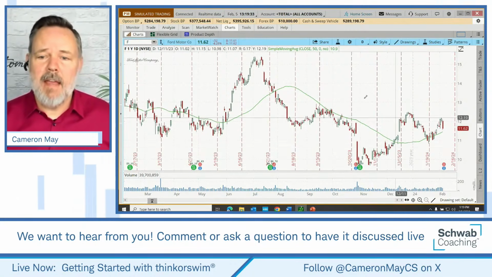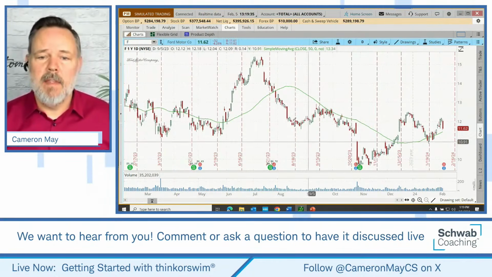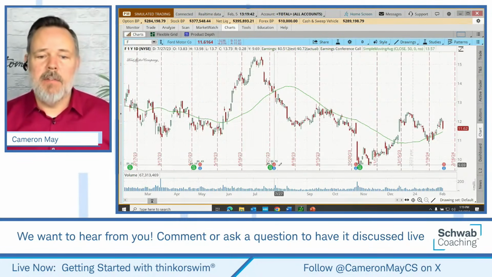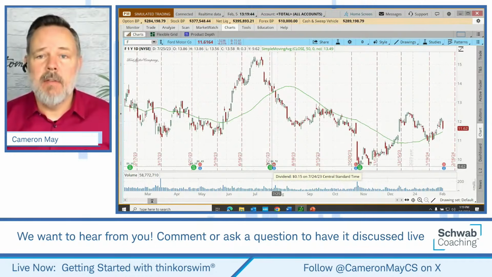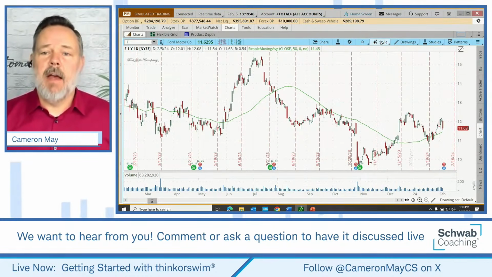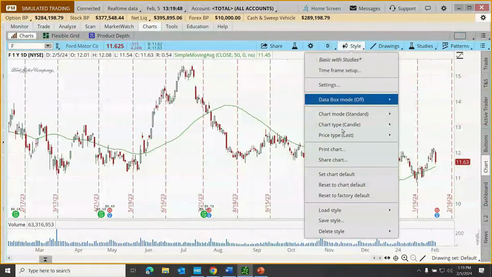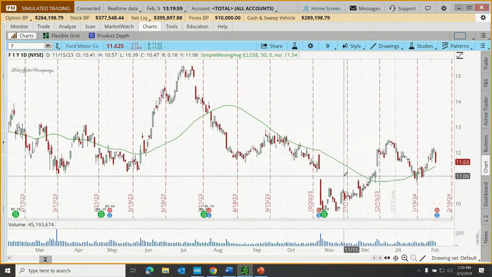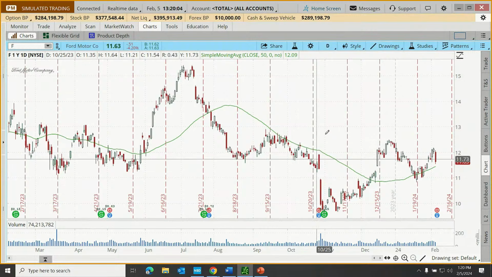Let's say that I want to save this chart style. Let's say it's going to be a 1-year chart with volume applied, with candles, and with all those little things that we changed. Okay. To save that, I can go up to Style and save that style. So how about we call this one Basic with volume. Let's click Save. And then the next time, if I were to change